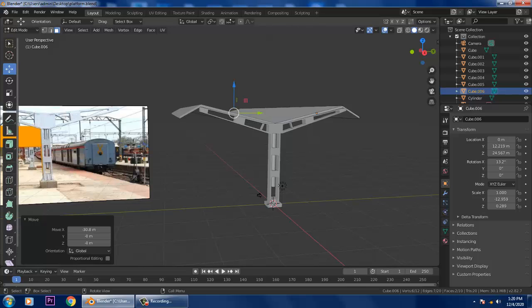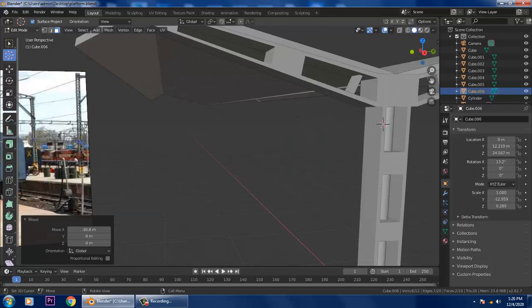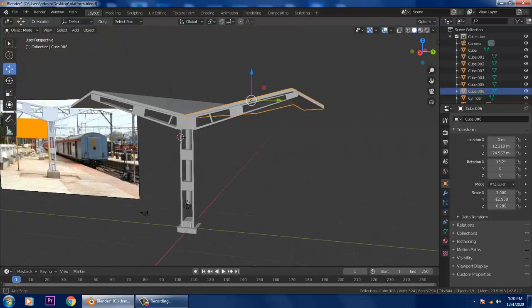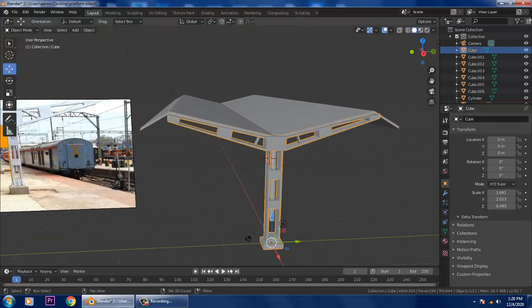Now select this all, select this, go into object mode, select this all,